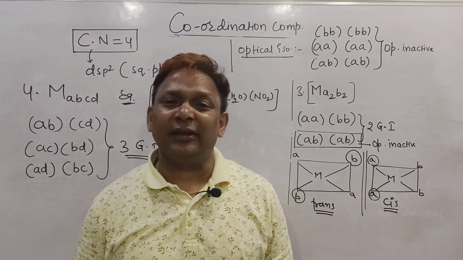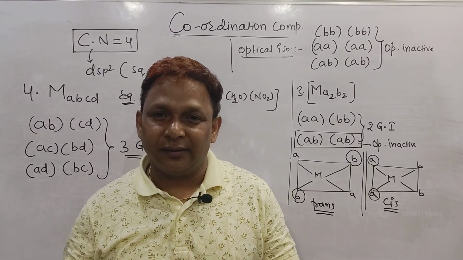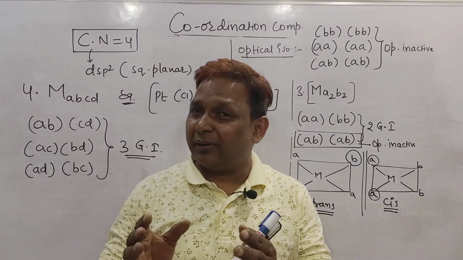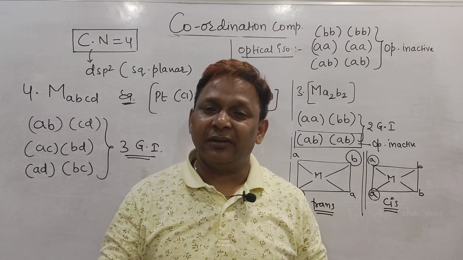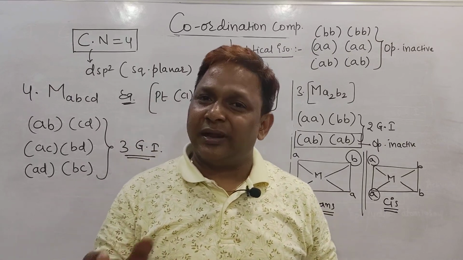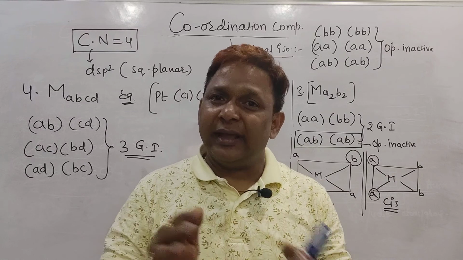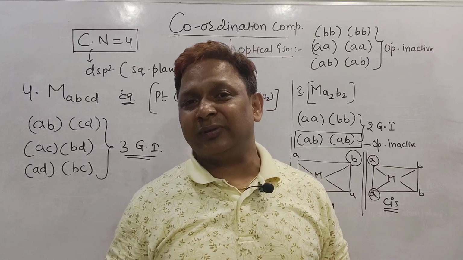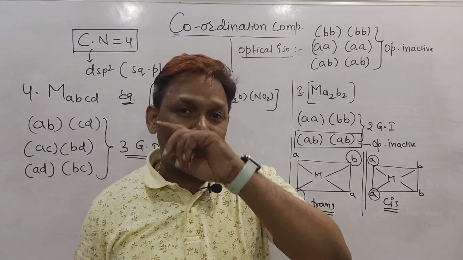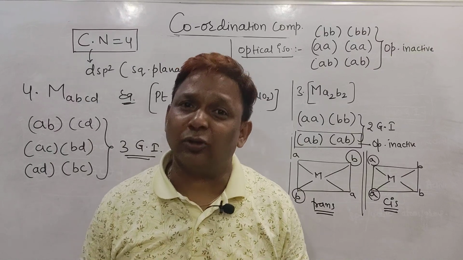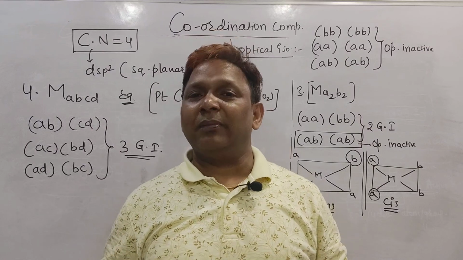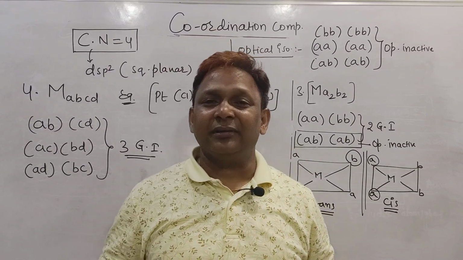So beta, in today's class we completed structural isomerism, and in stereoisomerism we saw coordination number 4, sp3 hybridization, and how to find out the geometrical as well as the optical isomers, and for coordination number 4, dsp2, how to find the geometrical as well as the optical isomers with the help of these tricks. But in my next class I will teach you how to find the geometrical and optical isomerism for complex compounds with coordination number 6, meaning octahedral complexes, right? That part we will discuss in our next video.